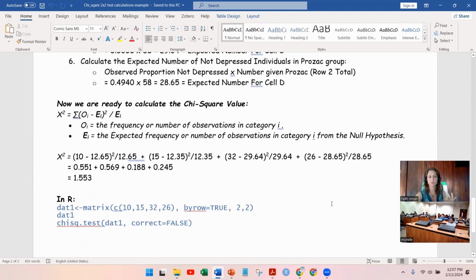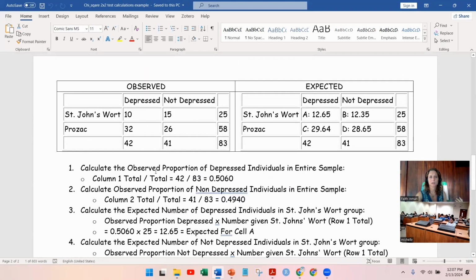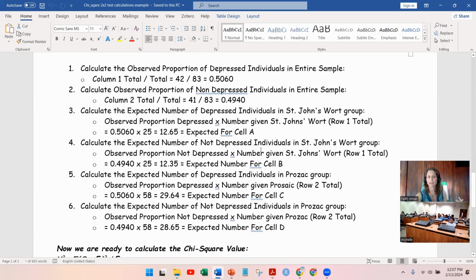And then we calculate the chi-square statistic. And it's just this. You take that observed minus expected squared divided by expected. So observed 10 minus expected 12.65 squared. Take that difference and square it, and then divide it by expected, again, 12.65,